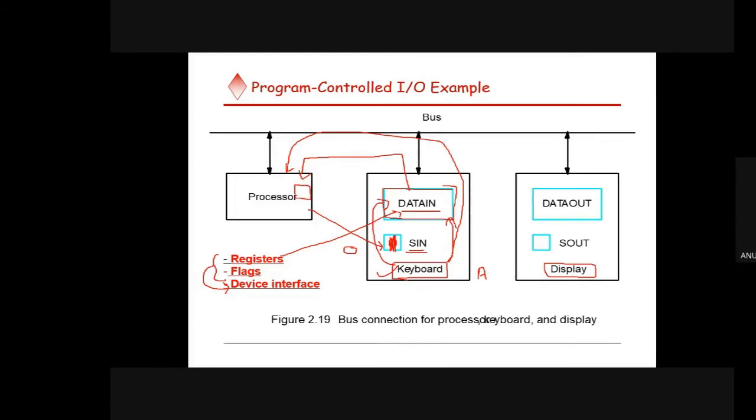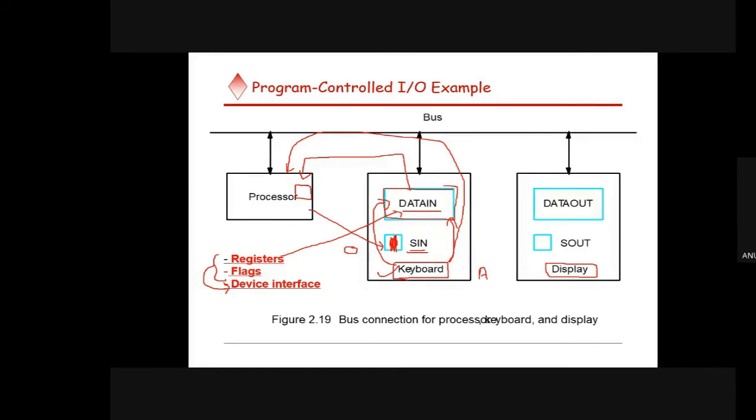Inside the processor we will have a storage area. What can we call the storage area inside the processor? Cache. Cache memory is there, registers are there. So inside the general purpose registers, we have studied about different registers. So once the complete data was filled in the data in register, that data will be completely transferred from the data in register to the registers present inside the processor. So that is all about the input device.